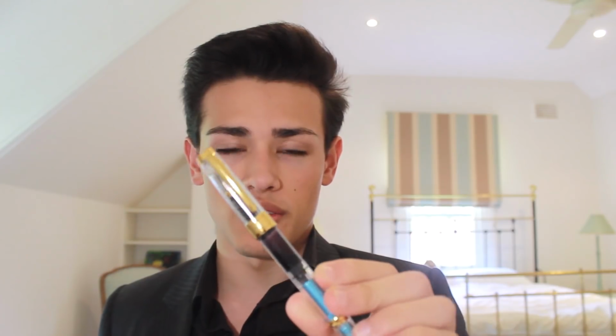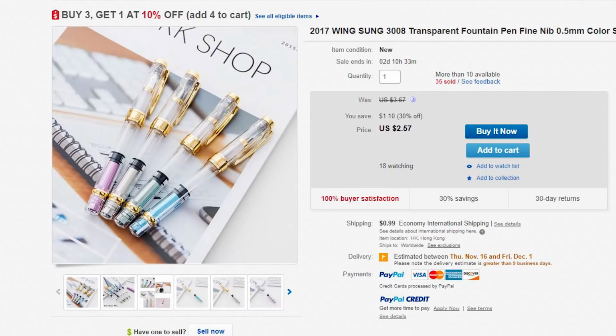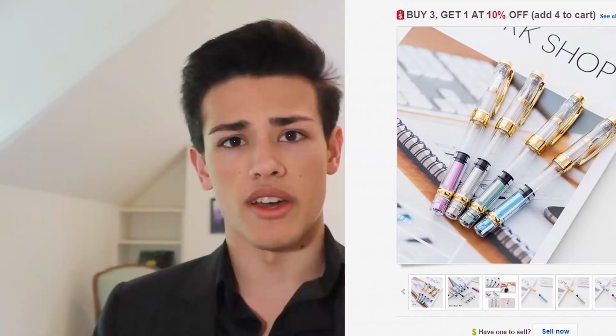Anyway, this is a brand new pen that has only sprung up in the past year. It's made by Wingsung, which I was told is also part of the Hero brand, and of course it's a knockoff of a pen, and this time it is a knockoff of the TWSBI 580. Though instead of paying about $80 for the 580, this pen will only cost you about $4 to $5 on eBay. And as always, because you're buying a pen from China, you're buying it with a little bit of